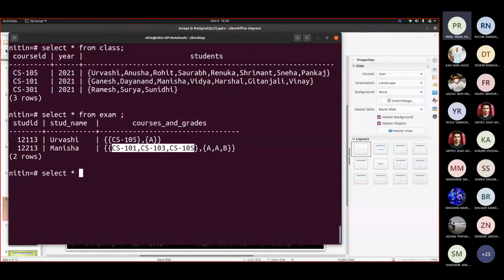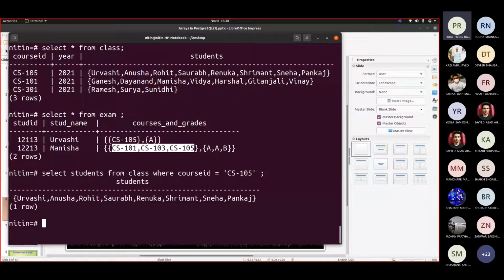Select students from class where course ID equal to CS-105. This is what happens when you are firing a query.